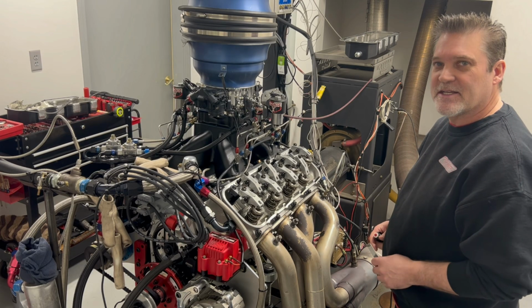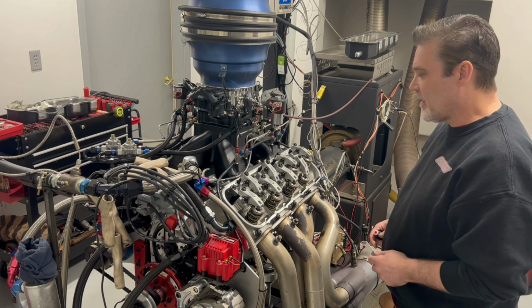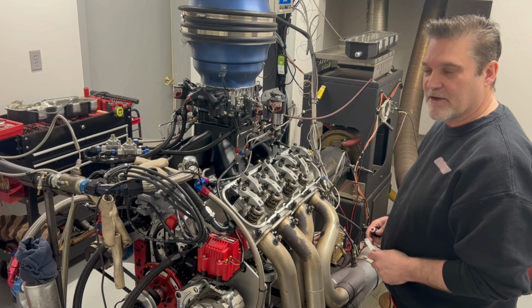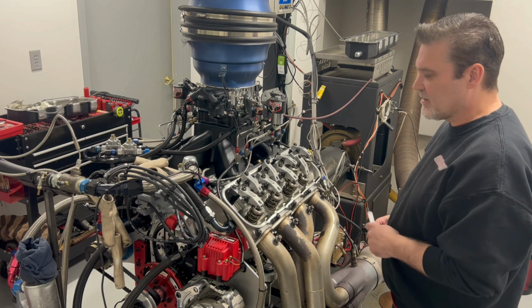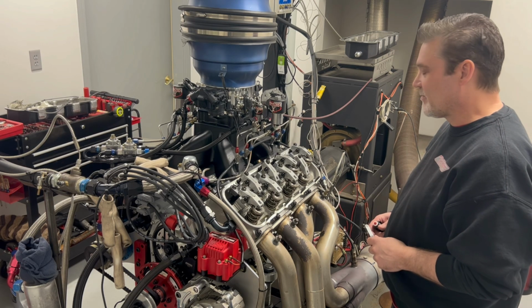Hey, I wanted to show you guys how I adjust valves on this big block Chevy. Quick and easy way to do it. Been doing it this way for years, and it basically never fails. You follow this procedure, you can end up doing it real fast, and it's something that you really need to